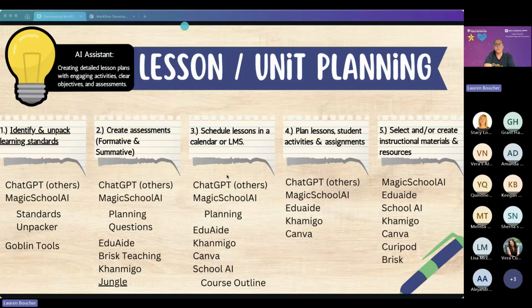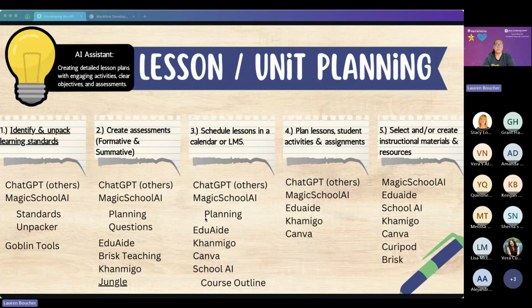What I tried to do here as well is, rather than give the specific tools, a lot of these, if you just click within the platform on the category like planning and questions, and Magic School, EduAid has, or excuse me, School AI has the tools versus the assistants. And those teacher assistants are very, very powerful.